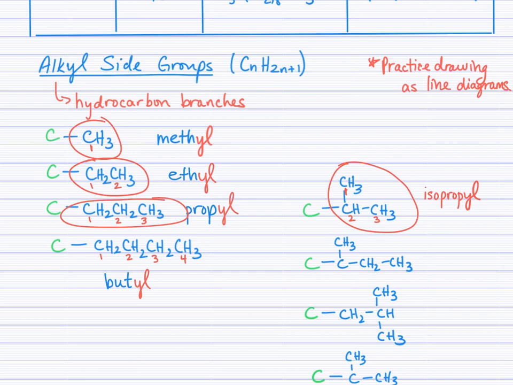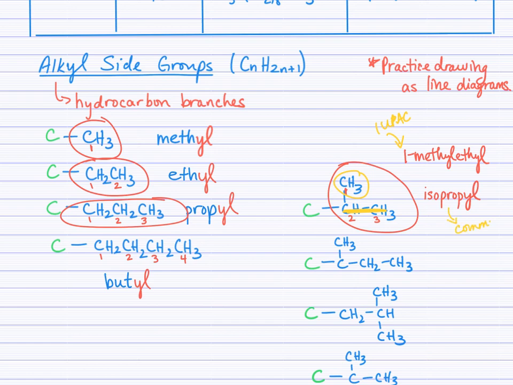So the IUPAC names this as 1-methylethyl. And if you can see how this was constructed, then they're viewing the 2 carbons. Maybe I'll point those out in yellow. They're viewing these 2 carbons here as the ethyl, and then they're saying off the first of those there's a methyl. So this one here is the IUPAC naming of the side group, and the isopropyl is the more common